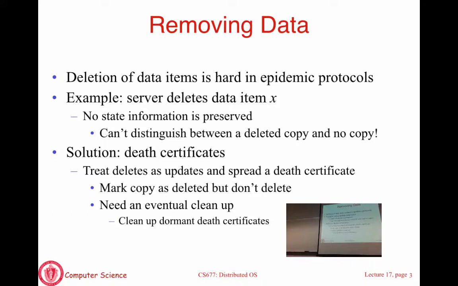Okay, so you keep track of which items are deleted through a simple list, which is just a set of related items. This way, you're not going to regenerate items that have simply disappeared from your system because some user deleted them on some machines. So this is just to show you that epidemic protocols, while they work well, when you have things like creation and deletes, you have to handle those cases carefully. You don't want to not do the right thing and have deleted data reappear and whatnot.